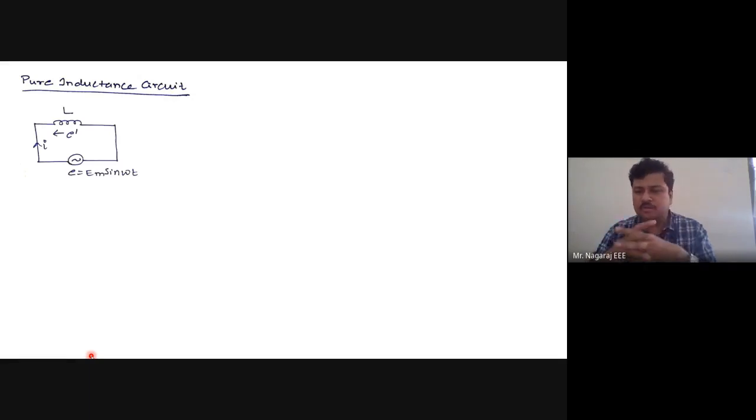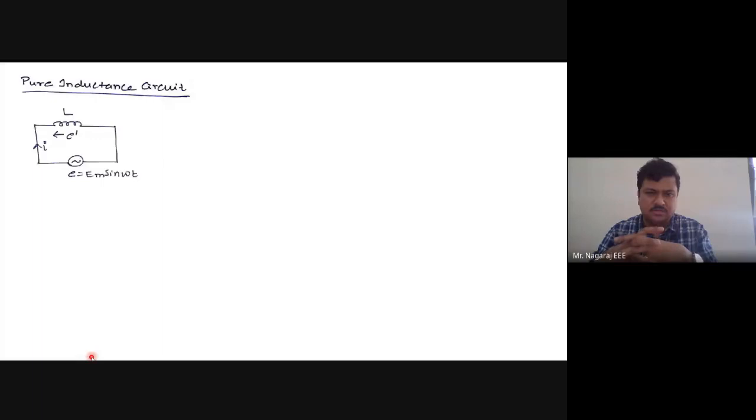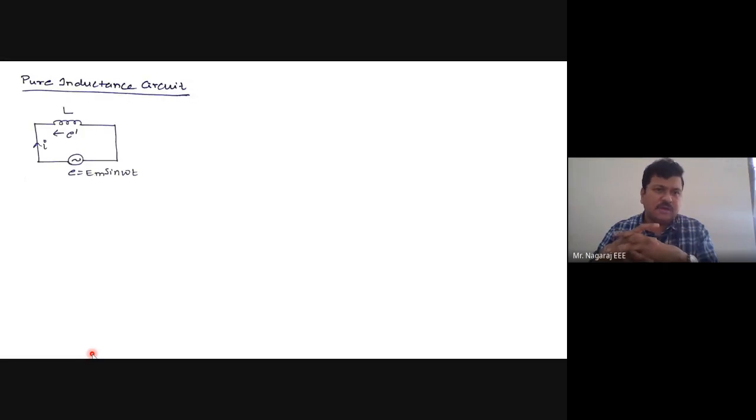Whenever I am fabricating a wire, if I make it very largely inductive, and if practically it were possible to make the resistance of that wire zero, then that coil would be considered pure inductance. But practically I cannot make the resistance of any wire zero. Hence, finding pure inductance in practice is not possible. Some small value of resistance is always present. Now we'll move ahead.